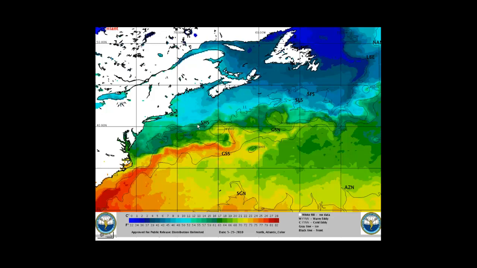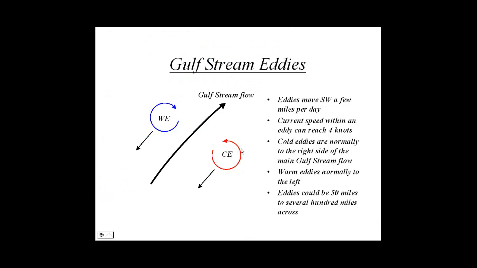Now, it doesn't show well on all of these, but you notice that this eddy, this darker green, is colder water. The lighter colors are warmer water. You notice that this eddy is a warm eddy. It has trapped warm water in it. You notice this eddy is a cold eddy because it trapped northern water in it, so it's colder and it shows darker green, all right? Gulf Stream eddies